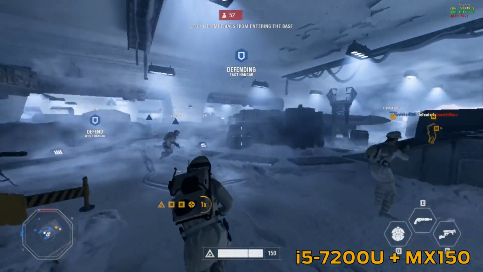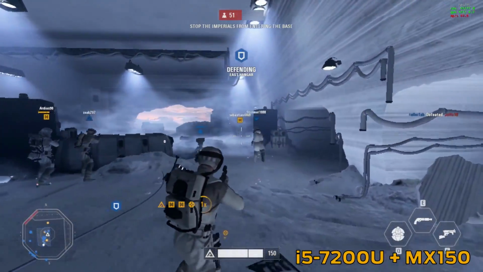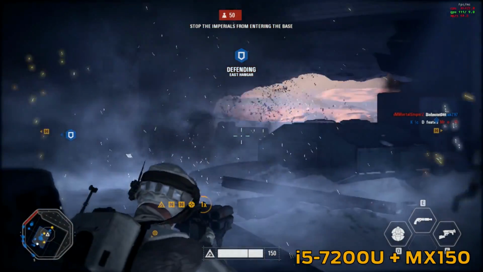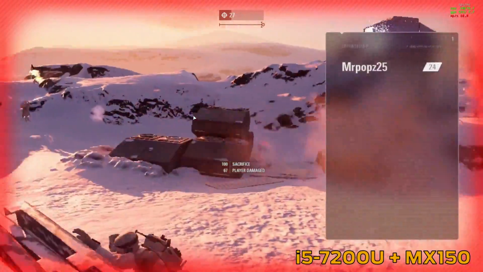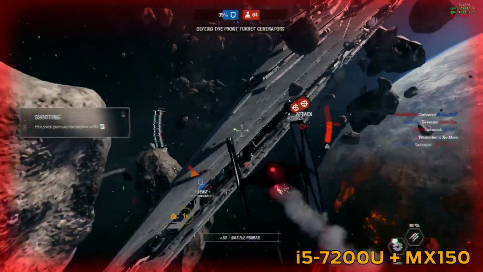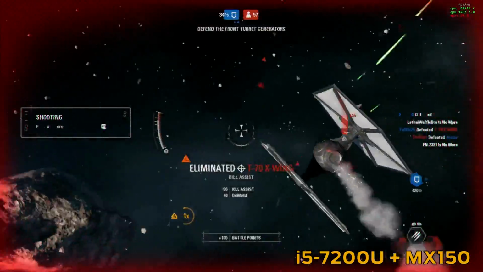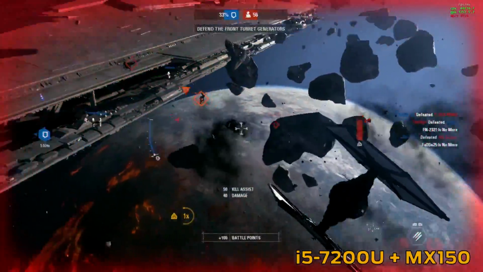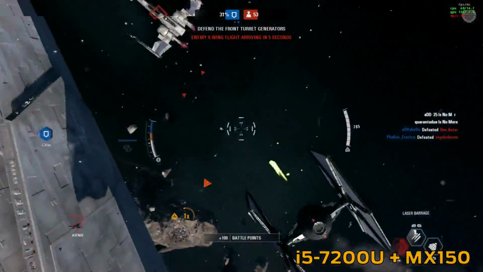Now, with all the settings in place on a resolution scale of 50%, the game did fantastically well, maintaining a good 60 FPS in most instances. The CPU will bottleneck the game in certain intense moments, such as explosions near the player, but during the rest of the match, performance was maintained. In the comparatively lighter Starfighter Assault, there were no performance drops, and the game managed to maintain 60 FPS during the entirety of the match. Overall, a much better result than you would expect out of something under the minimum requirements,